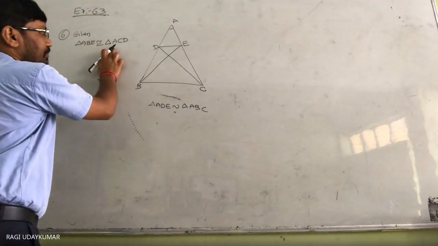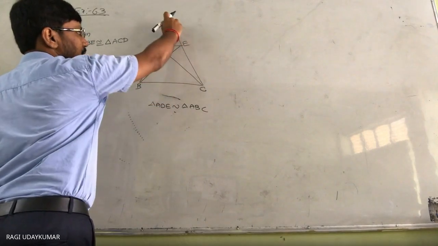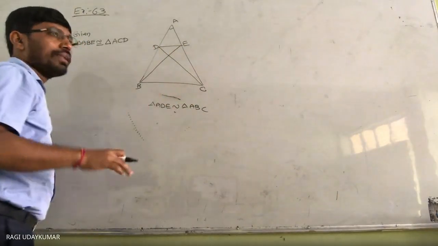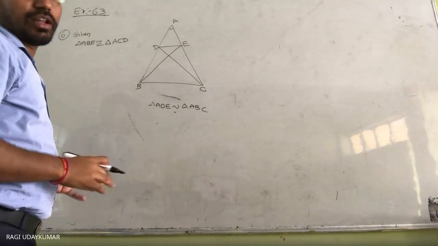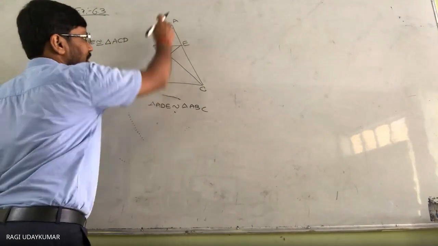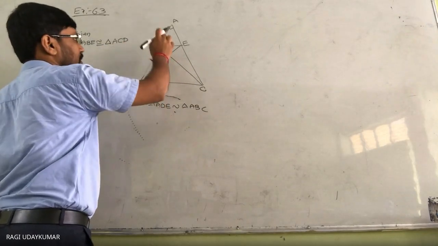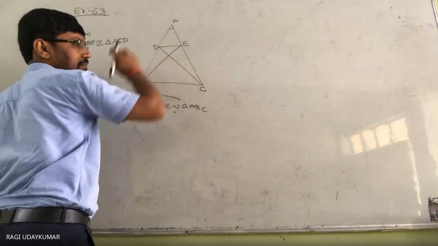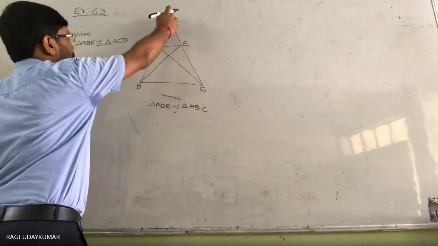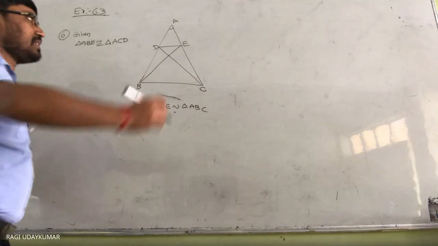So it is given this one. तो ये ABE is congruent to ACD. Congruent is nothing but triangle sides are also equal. So that is nothing but AB length equal to AC, BE length equal to CD, and AE length equal to AD. Now here, what are the possible angles whenever you see that?